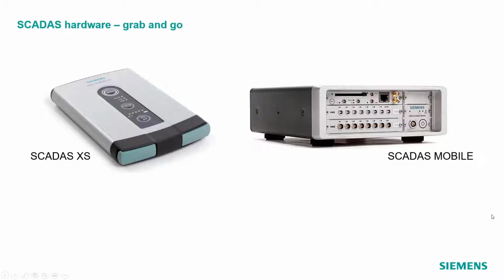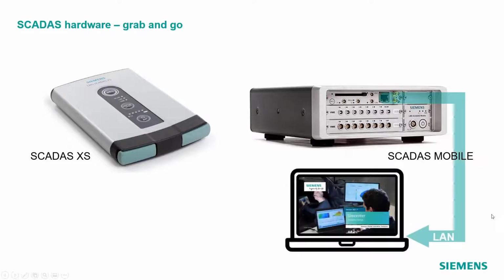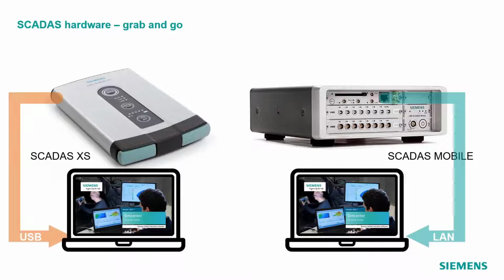And if you're working with a SCADIS Mobile, you are going to need a computer, a laptop with SimCenter Test Lab on it, and you're going to need a LAN cable, an Ethernet cable, to connect that front end to your laptop. Again, there are recorder frames in the mobile suite, but those you have to set up ahead of time. For today's discussion, we don't have time to set up a recorder template, so it's either a laptop or bust with Test Lab.